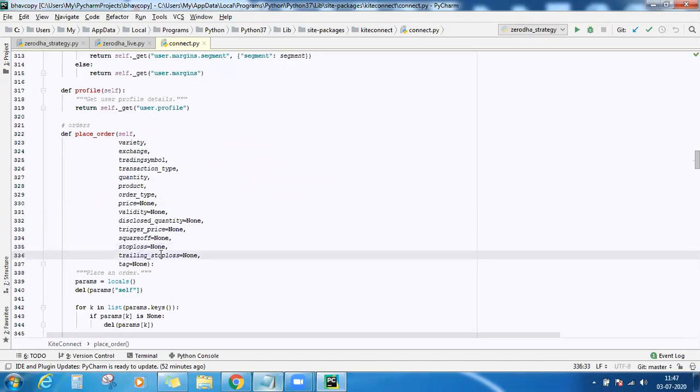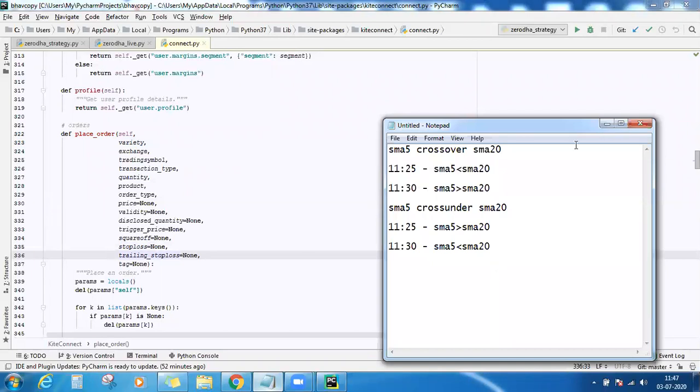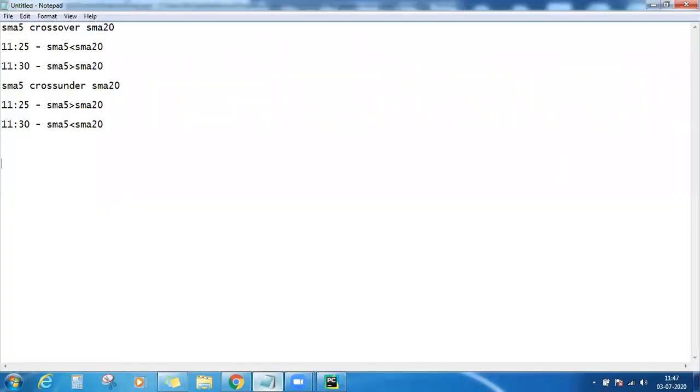And the trailing stop loss: when the stock goes in your direction, at each interval you can modify your stop loss. Let me give you one example. So here you have your stop loss and trailing stop loss. Now the buying price is 100 rupees and your stop loss is 95. Then your trailing stop loss is 1 rupee.